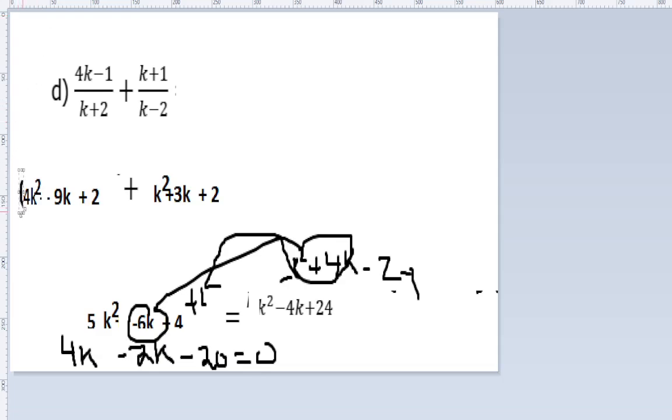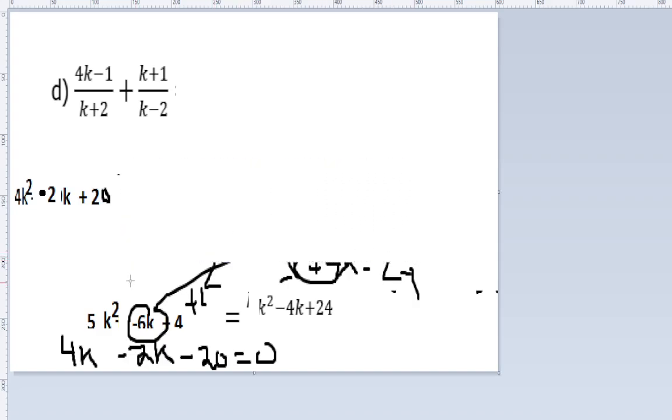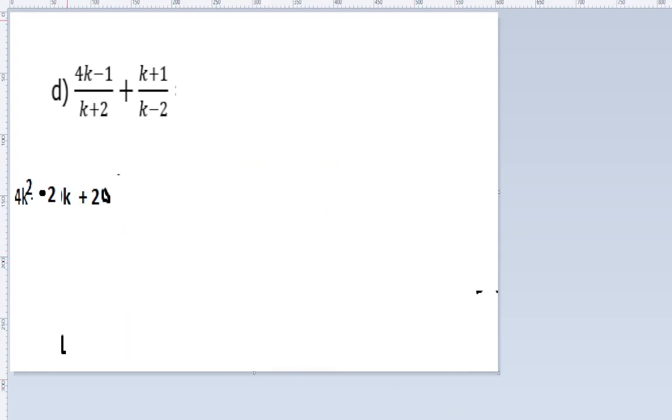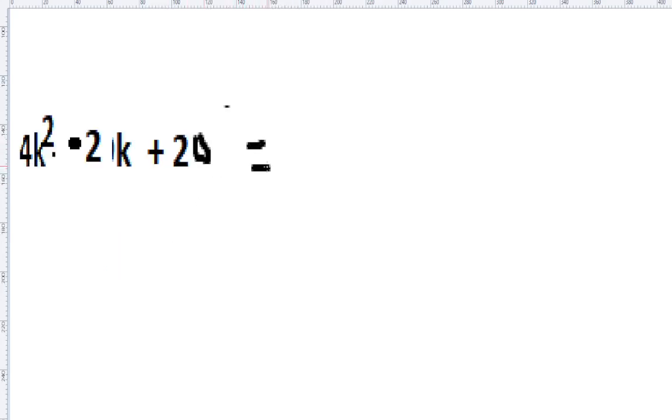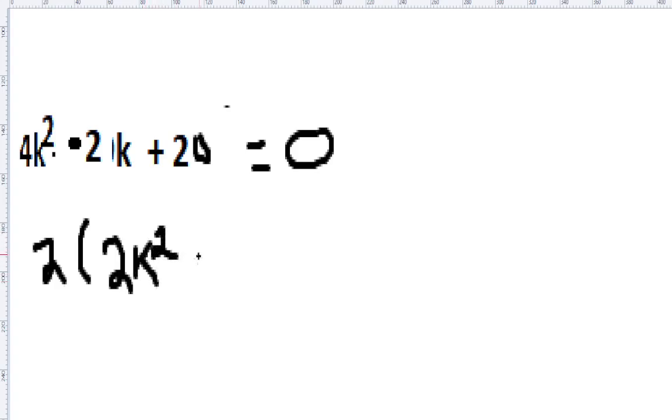So it ends up being 4k squared minus 2k, so minus 2k plus 20 is equal to 0. Now that it's equal to 0, we can factor it. And before we factor, if we want to make our life a little easier, we can say, okay, well, I can factor out a 2 here, a 2 here, and a 2 here. So I can factor out a 2, and I get 2k squared minus 1k